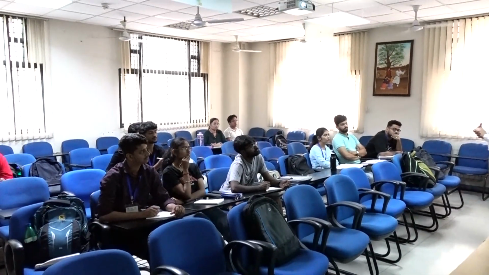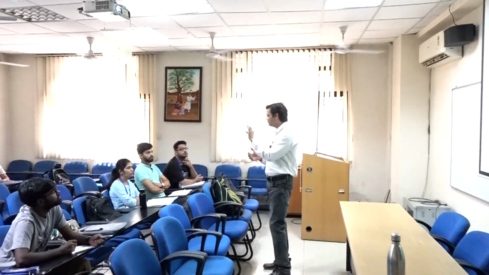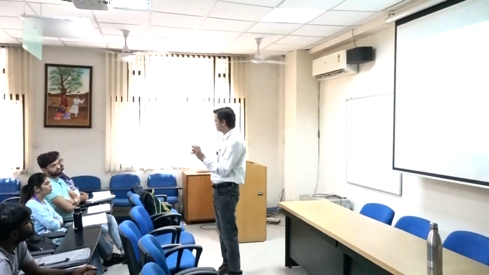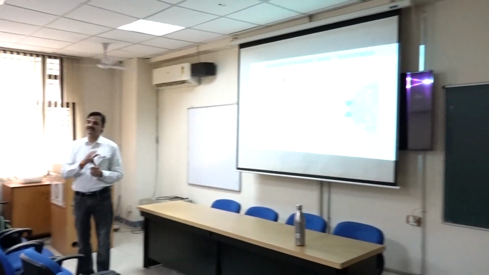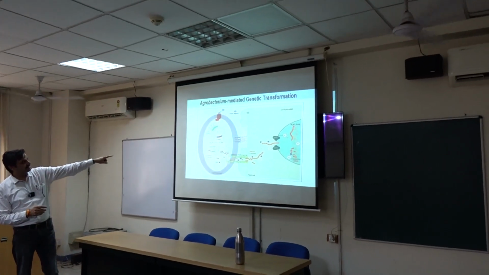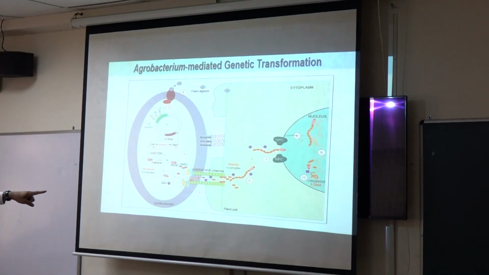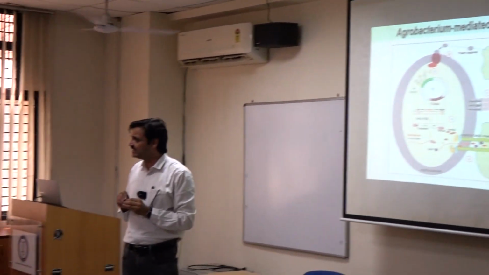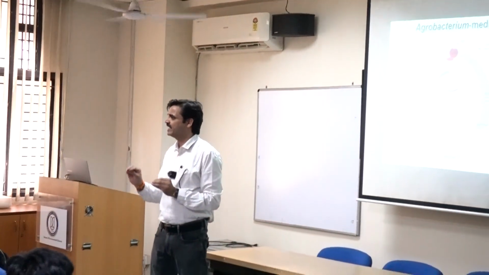You have a basic thing. You have a bacterial cell. This is a bacterial cell, the oval one. The square one is a plant cell. There is a system available in plant sciences where you have a bacteria named Agrobacterium tumefaciens. If you transfer your desired gene into that bacteria, it has a very good system to transfer that gene into a plant cell. This picture shows the interaction between a bacterial cell and a plant cell, and you can see there is a passage. So bacteria has that potential to transfer a gene from bacterial cell to plant cell naturally.